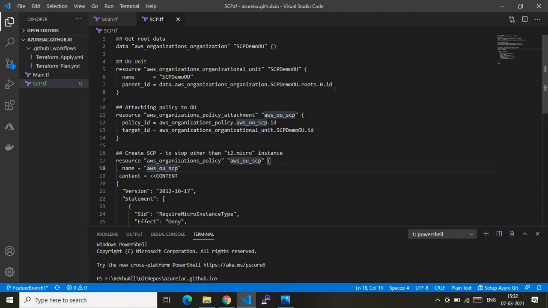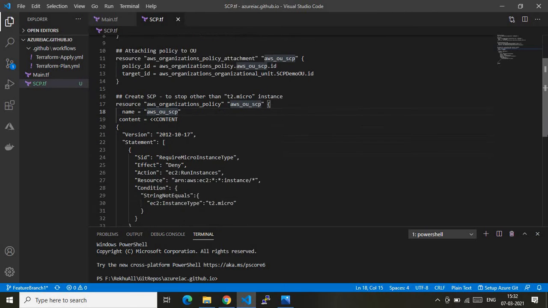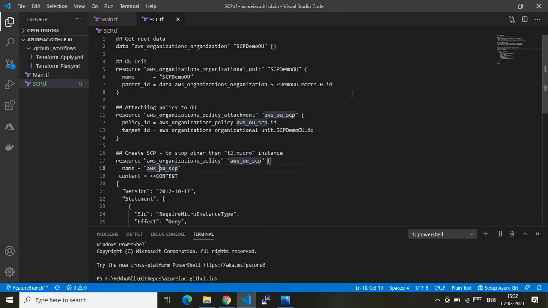So with that, let's jump directly to this quick code walkthrough. As I explained earlier, the scp.tf file contains the end-to-end definition of this demo. Whenever you are watching this video, if you want to copy the code, please pause the video and copy it. It's very small code, only 37 lines. Copying this way will make it handy and help you get practice coding Terraform, so I always recommend this method.